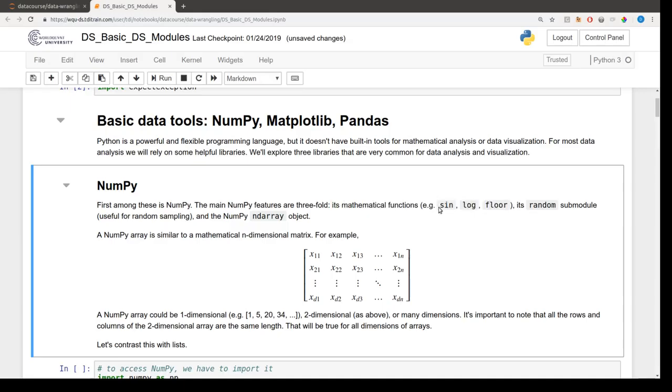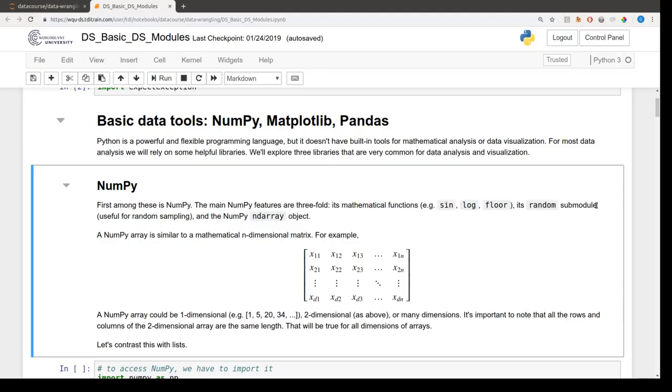So we get access to things like sine and cosine, logarithms, floor and ceiling, and exponentiation, a number of different mathematical functions. NumPy also has an excellent pseudo-random number generating submodule for when we need random numbers or to generate random samples